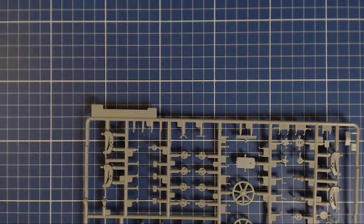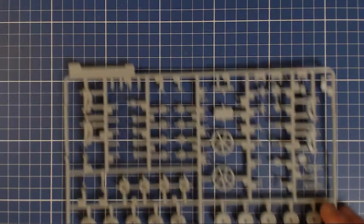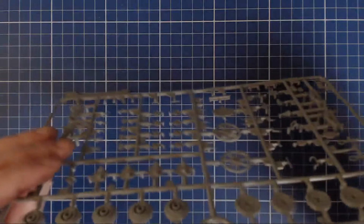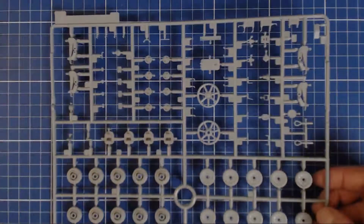And let me just focus out here. Okay, that's probably going to be close enough. I could type it in on my keyboard, the actual value, but it's a bit of a pain. Okay, there it is. And this sprue is actually warped. Not a big deal, but so you get two of those right there. All right, so the next one